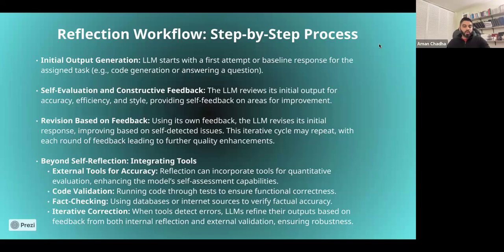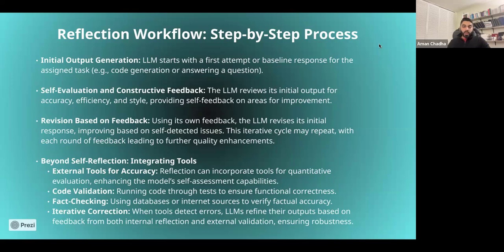If you have a mechanism or a particular code base that generates some of these metrics for you, you could call that as part of the evaluation phase and understand what the current set of metrics look like. Based on the values of those metrics, you can carry out another couple of loops if necessary, or if this satisfies the metric thresholds that you set initially, you could send the output back to the user. So you could go beyond self-reflection and integrate tools as well.